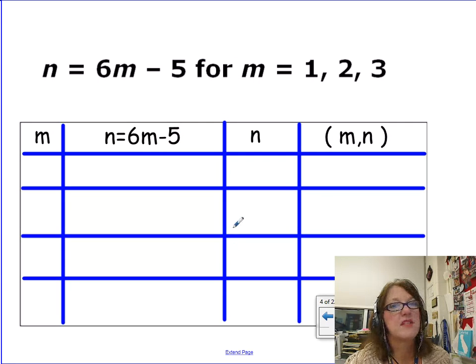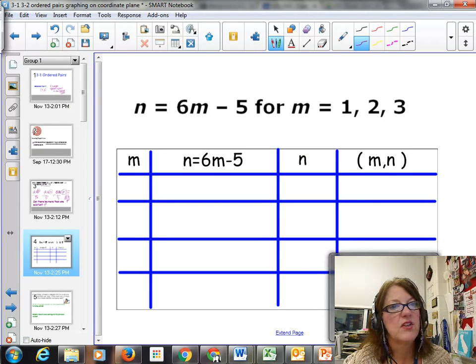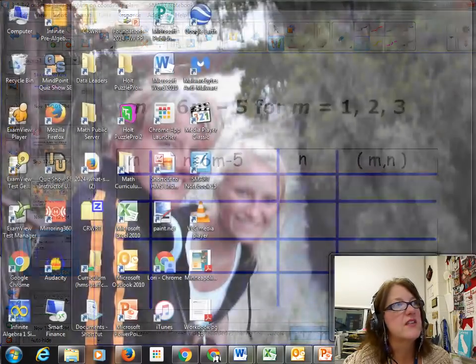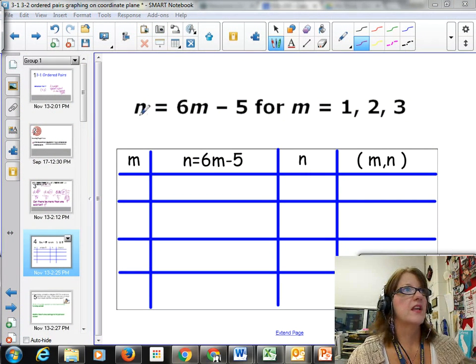All right, sometimes it's a lot easier to look at these by making a table of values, and that just makes it that much easier. So take a look at this one and get it jotted down. Alrighty, so we can make this big table here. And what we're after